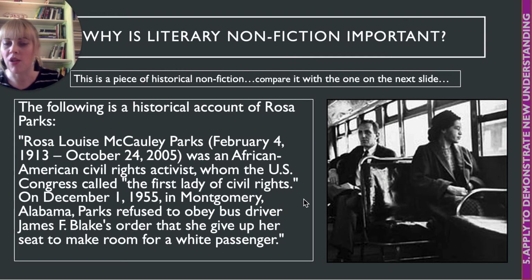Okay, and what was so shocking about Rosa Parks' action was that she refused to obey this bus driver, who ordered her to give up her seat to make room for a white passenger. And she refused to do that on the grounds that her life and rights were equal to anybody else's. So she made a stand by trying to represent for all people of colour that they are equal to any of the rest of us, that there was no need for her to act as if she was inferior to anybody else.